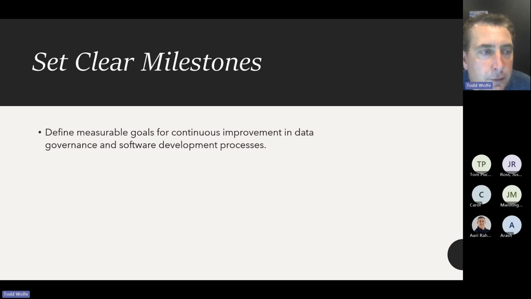We have to have milestones, kind of a roadmap on how we would roll these processes in and improve these processes over time, and show those milestones being accomplished and the progress towards those milestones organizationally, so that we can have the continuous improvement, take in change as data governance processes need to change, as the environmental factors outside in the compliance world and space are changing. We have to be able to take in the change as well. So those milestones need to account for that. And also we have to be able to, again, expect that this gets rolled out in areas over time and not just all at once.